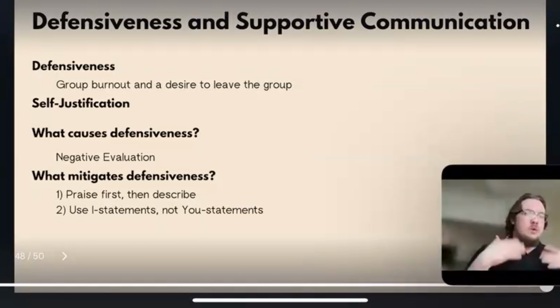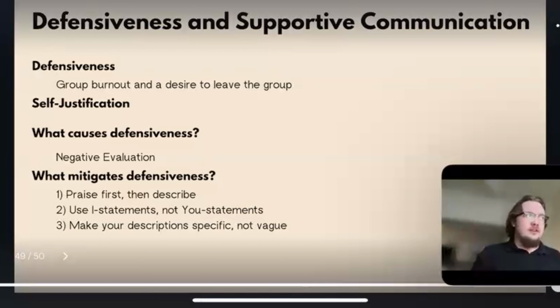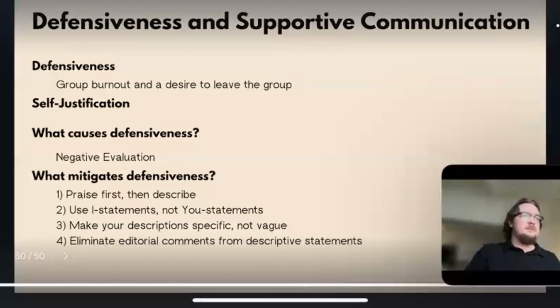Make your description specific, not vague. So strive for clarity. Quote, "I feel weird when you act inappropriately around my boss" is an inexact description. It's not specific. But if you say, "I feel awkward and embarrassed when you tell my boss jokes that ridicule gays and women," that is more specific. That's an example from the book. Okay, so that's a more specific statement that helps alleviate some defensiveness.